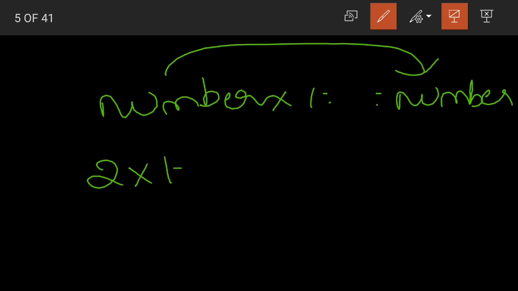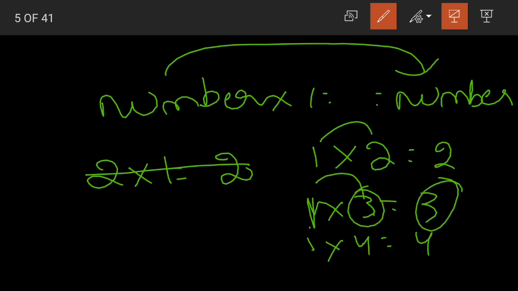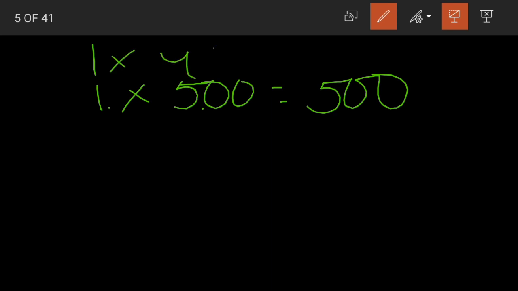Yes, we always do this in multiplication also. If we look at the 1 table, 1 two is 2, 1 three is 3, 1 four is 4. So the 1 table is the easiest for us to say. Yes, why? Because whatever the number we multiply with 1, the answer will be the number itself. See, 1 two is 2, 1 three is 3. Even if someone asks you to tell the table till 500, 1 into 500 is equal to 500. Yes, even above that, 1 into 499 is equal to 499.